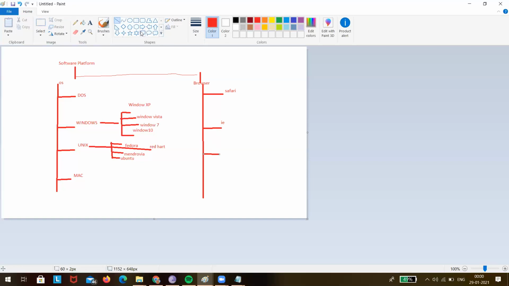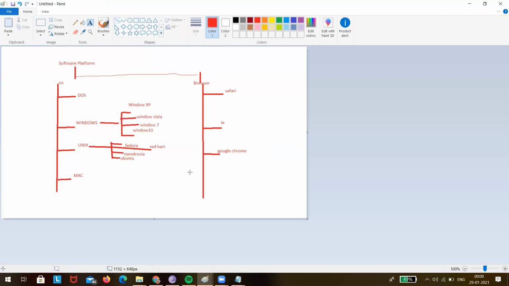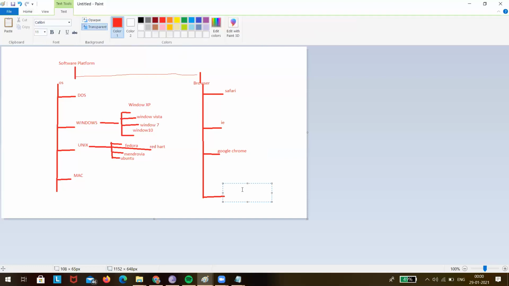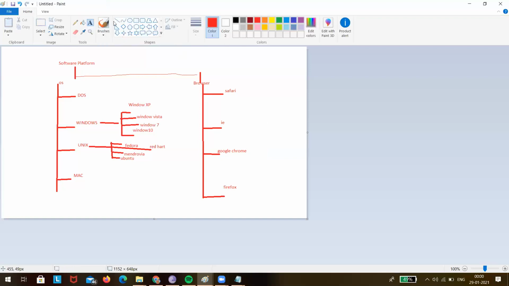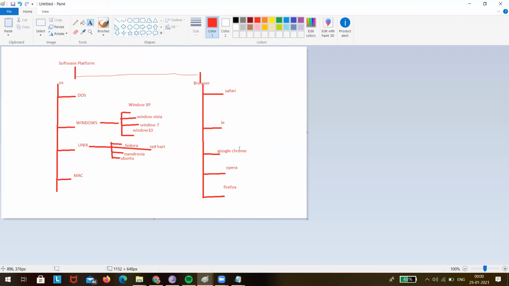Then Firefox. Then Microsoft Edge. Opera. Opera is there. Firefox, Edge is there. So there are so many browsers.